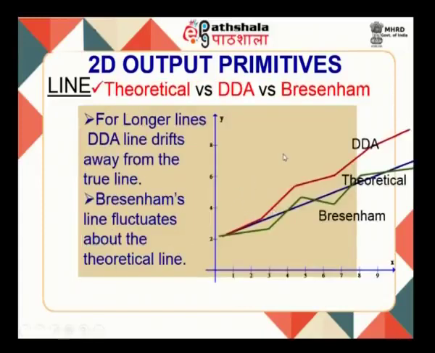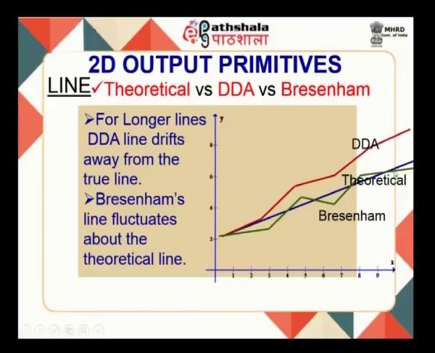When you now observe the two algorithms and compare them with the theoretical line, the theoretical line is something that you could draw using the exact values, whereas when we use algorithms like DDA or Bresenham, we get an approximation only. Bresenham gives a better approximation of the theoretical line. If you observe the shapes carefully, the green line indicates Bresenham's line, the blue line is the theoretical line, and the red is the DDA line. The red DDA line is moving away from the blue line, and the gap is getting wider and wider, while the Bresenham line, the green one,